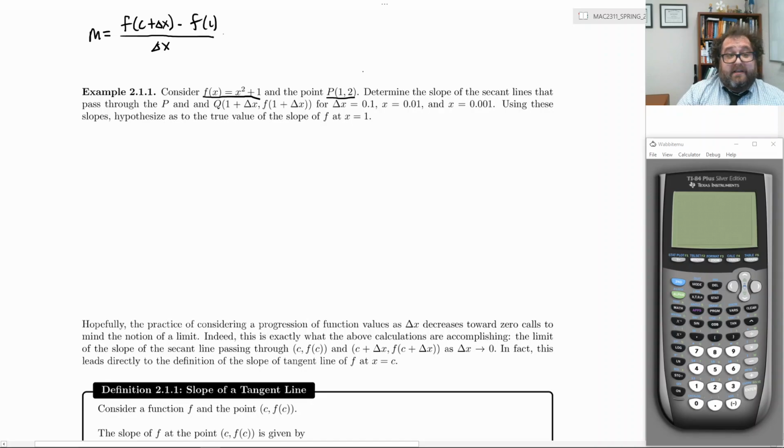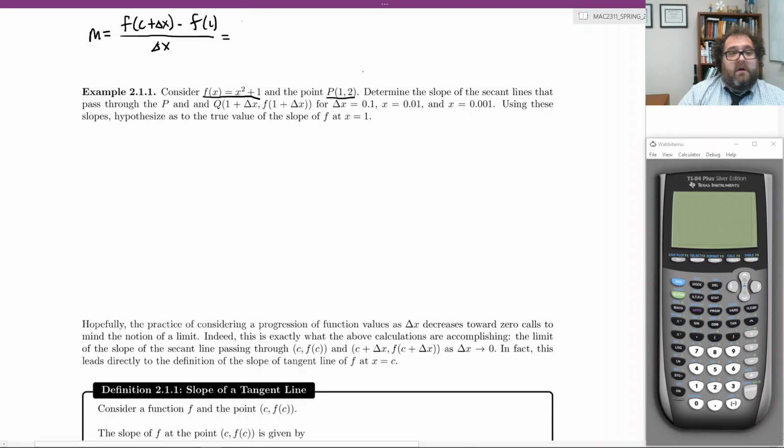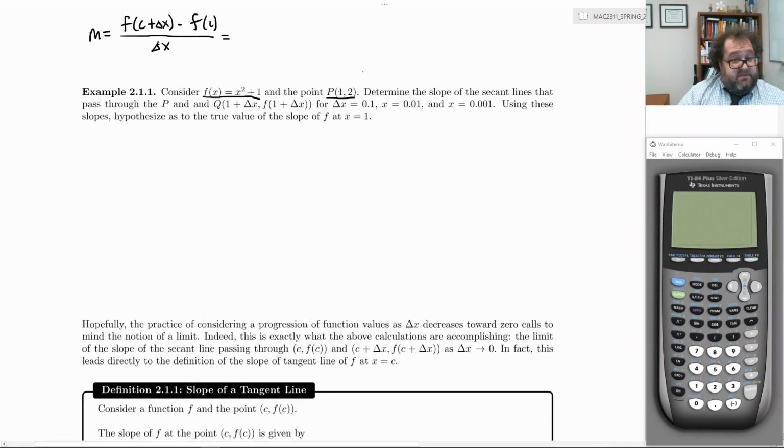Okay, so let's see what happens. Let's plug in to find our specific slope formula. First of all, we can plug in 1. 1 is your x value, your value of c. The value of c is the specific x value you're concerned with. So here, c is 1. So again, that tells us c equals 1. Okay, so we can plug in and we get what? F of 1 plus delta x minus f of 1